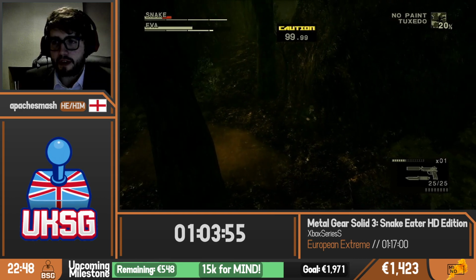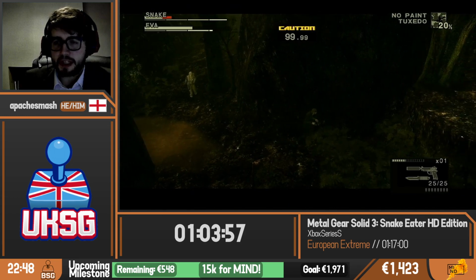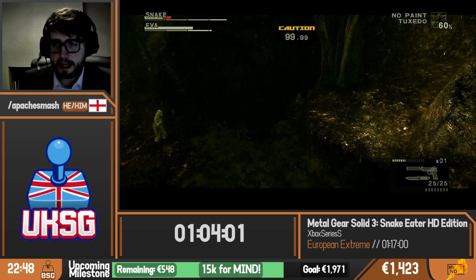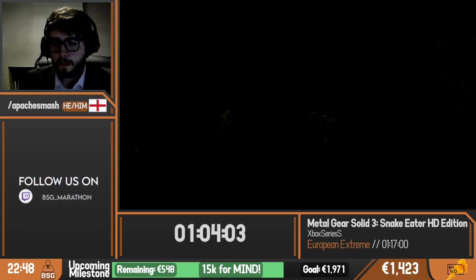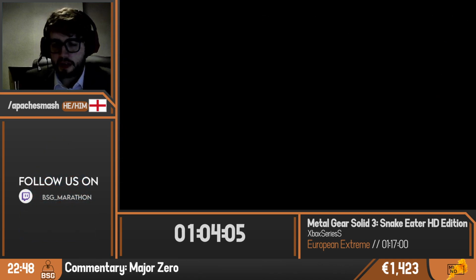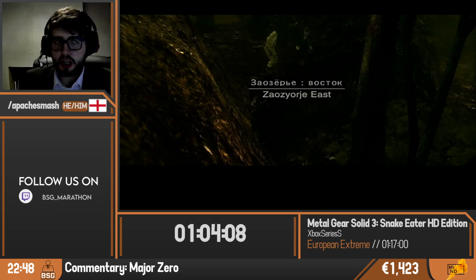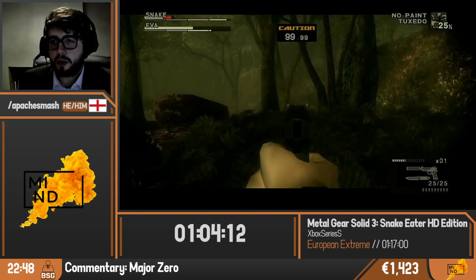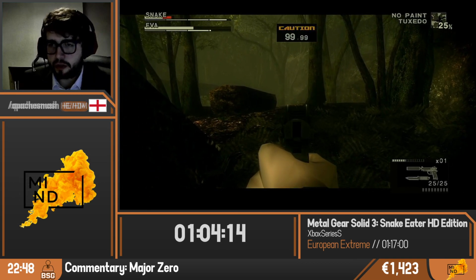People always remember the escort section as being really long, but it's actually not. It's only 3 rooms. It's much shorter than the Emma escort section in 2. But because we have the tuxedo camo on, when this room starts, we can't even take a single step forward. There's a guard who's walking towards us, and there's a guard on the left who will see you straight away if you